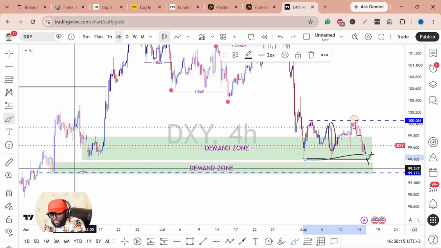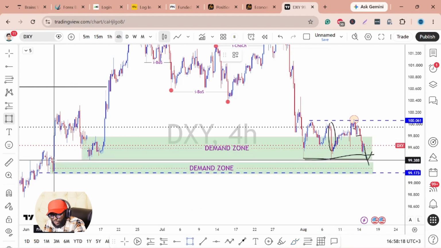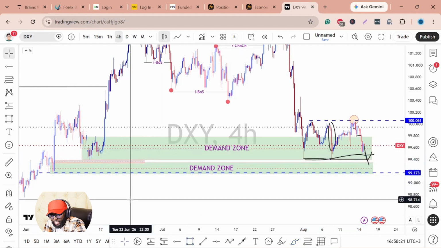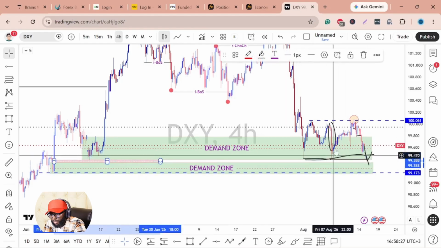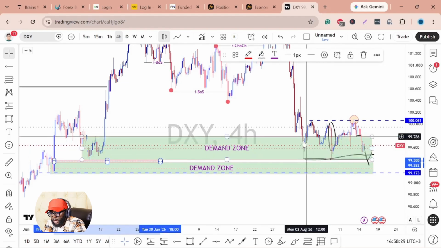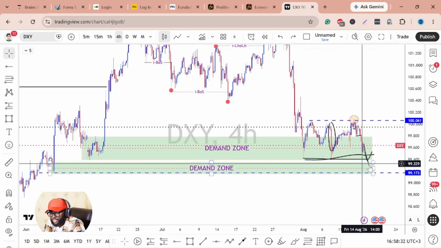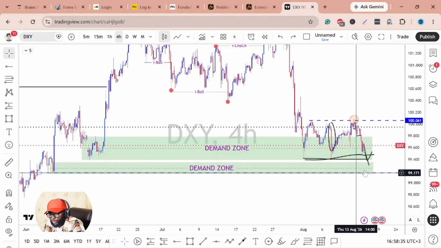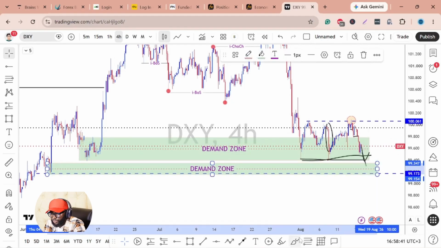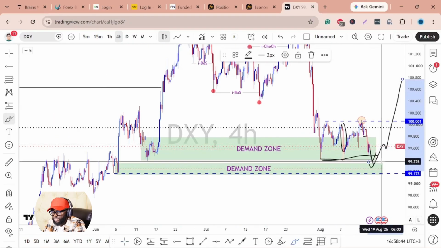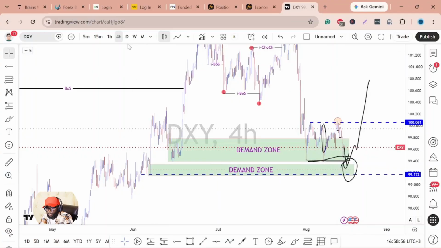On this zone, we have some very tiny imbalance in between here. And again, of course, this level here has lots of liquidity for people who have been looking to go long on DXY. So my assumption is that DXY might take out these lows only to come and react on this minor demand zone, which is a 4-hour demand zone, for us to take price higher. Now, if we get a bullish confirmation from this level on DXY, then of course I'll be ready to go for more buys on DXY. But if at all this level doesn't hold,